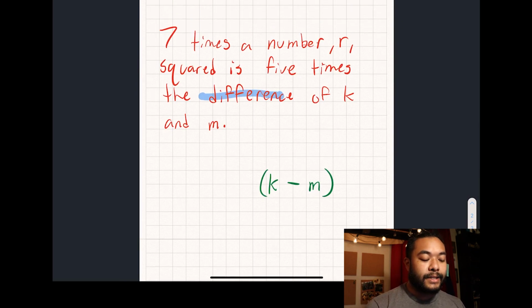We know 7 times the number R squared is 5 times this difference. And we know this distribution with the parentheses is so much different than 5k minus m. It is 5 times the difference of k minus m. Okay, so we say 7 times a number R squared is 5 times the difference of k minus